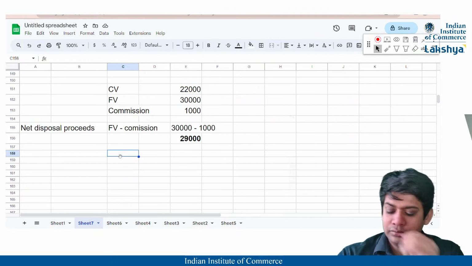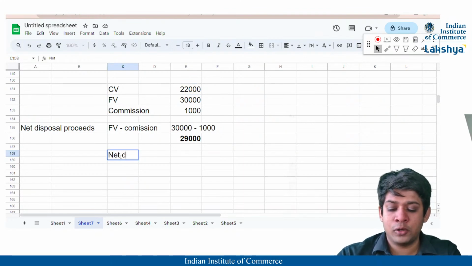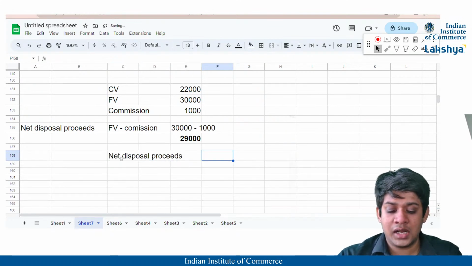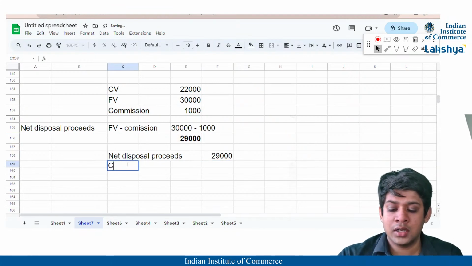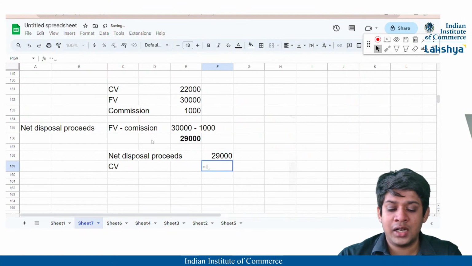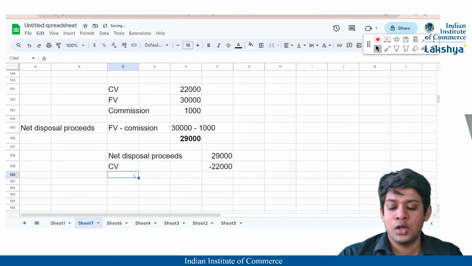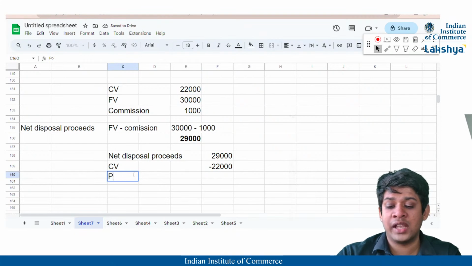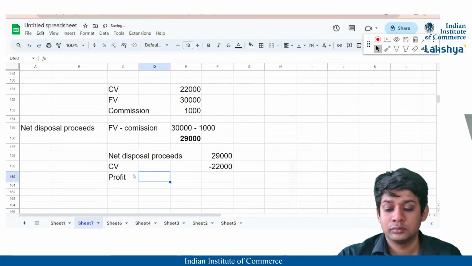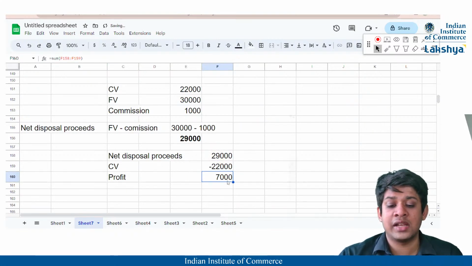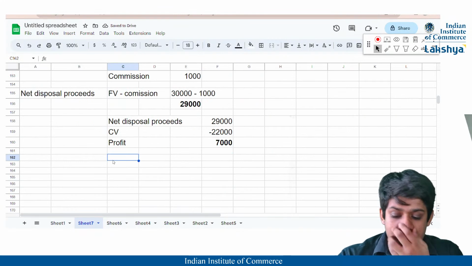So my net disposal proceeds is 29,000 that I've calculated, and the carrying value of the asset is 22,000, which will be subtracted to identify the profit on sale of this asset. That is going to be 29 minus 22, which is 7,000. So 7,000 is the profit on that asset, and the journal entry that I will pass is nothing but